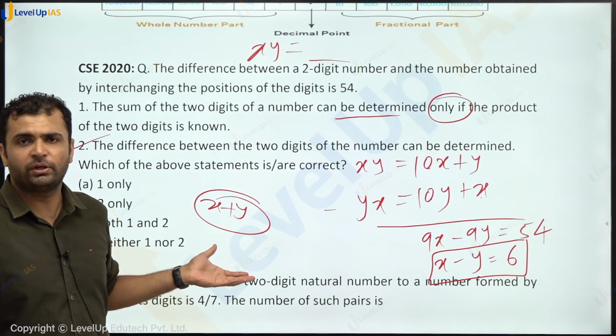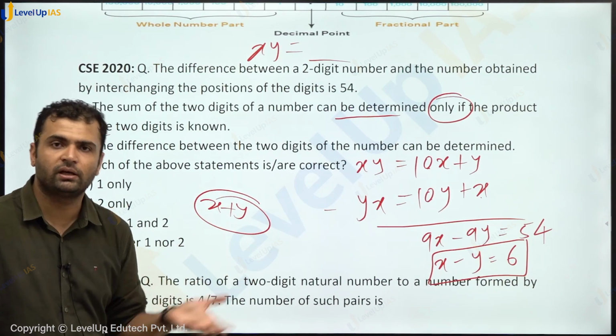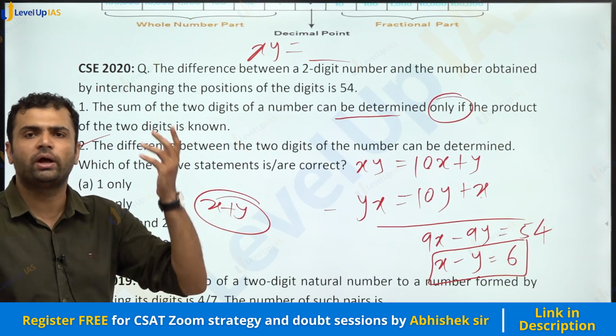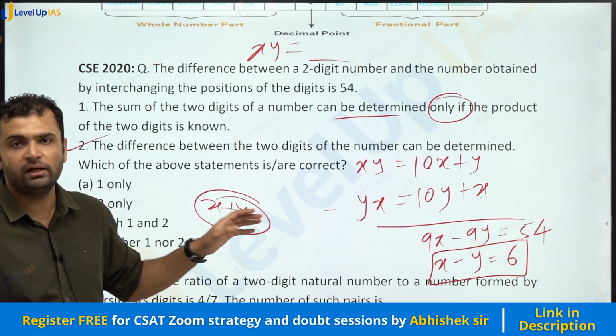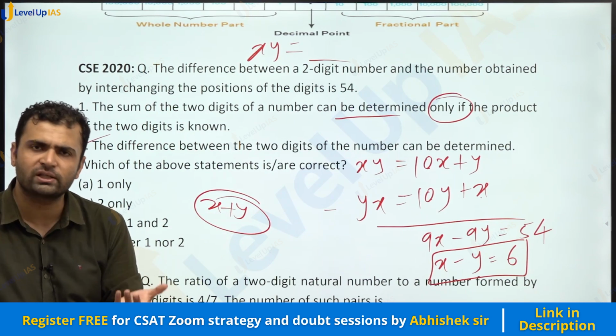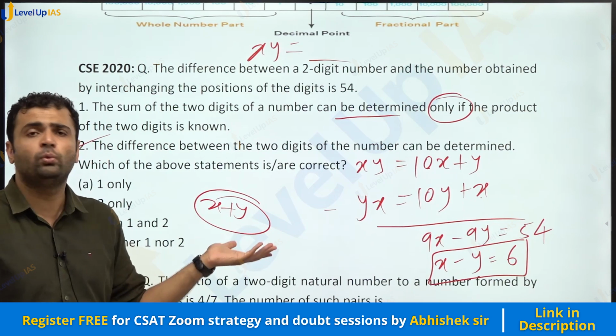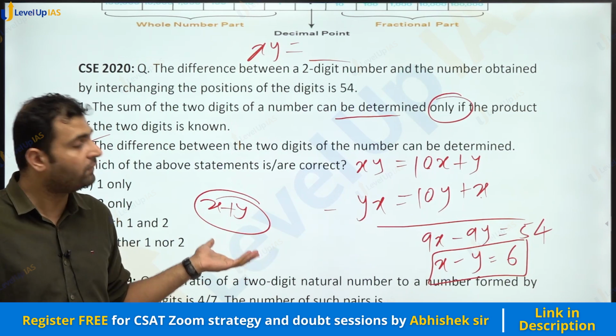And thus we can find whatever operation you want. Like if you want x plus y, they will give x plus y; if x and y are known, they will give everything. If you want x cube, they will give that, x cube into y, whatever quantity you ask, they will give it if I know x and y. If you know x and y, then we can answer for any unknown, any quantity like this that you may want to find.